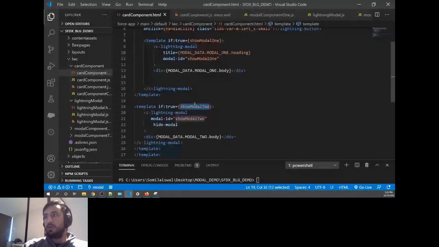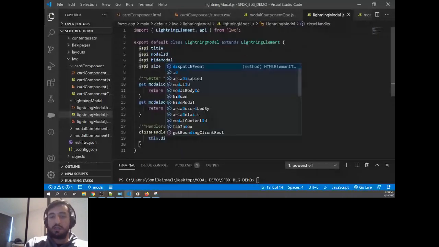So what I'll do, I'll say this dot dispatch event. I want to dispatch an event. What kind of event? I want to create a custom event. This is how we do the child to parent communication. What kind of event name do you want? I want icon close. This is my event name. Do you want to pass some ID or anything?